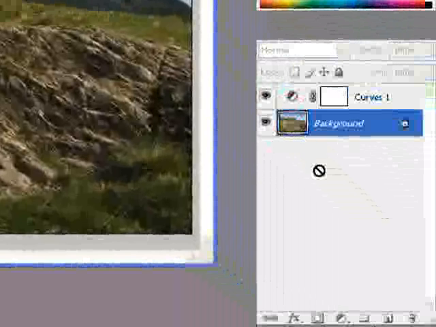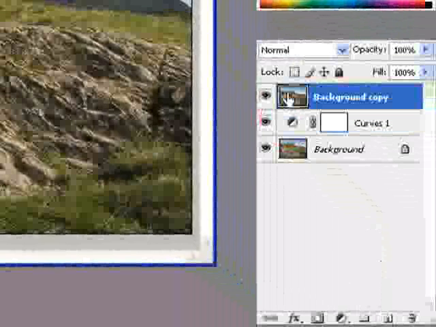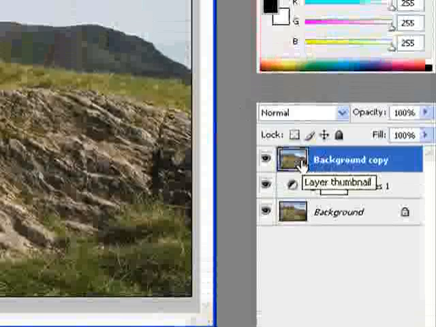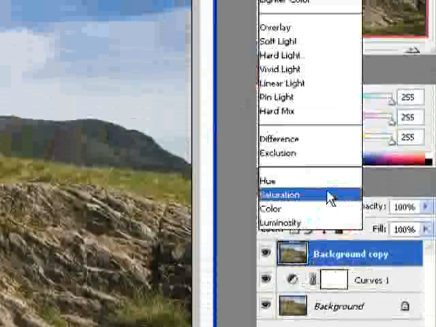Quick, easy way of doing it is to drag it down, holding the mouse button down, into the new layer icon, and that will give you a copy. Drag it to the top of the stack. Now it looks like we haven't done anything because we've obviously got the bottom layer at the top. So what we need to do now is put a blending option in there, and I'm going to choose